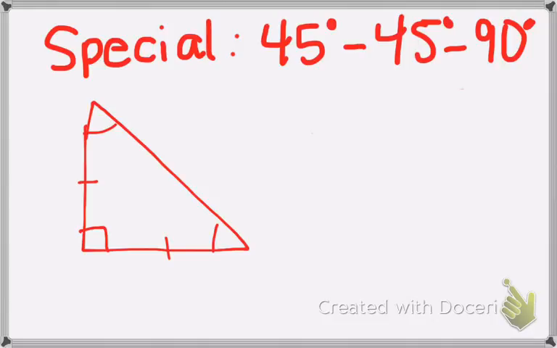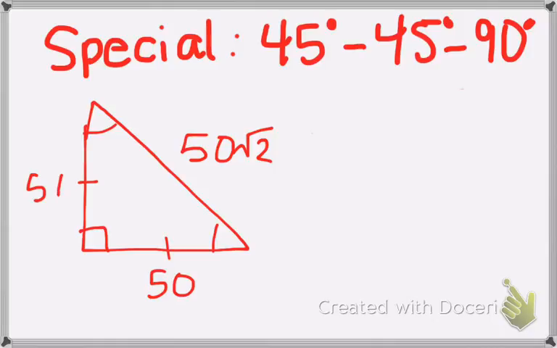It gets slightly harder when you're not working with the smallest side. So let's say they gave you the longest side, which would be the hypotenuse. Well, if I said the longest side was 50 square root of 2, it's pretty obvious that the 2 legs are going to be 50 and 50. But what if they didn't have a little square root of 2 on the hypotenuse? The way you find the legs is you just do the opposite. You divide by the square root of